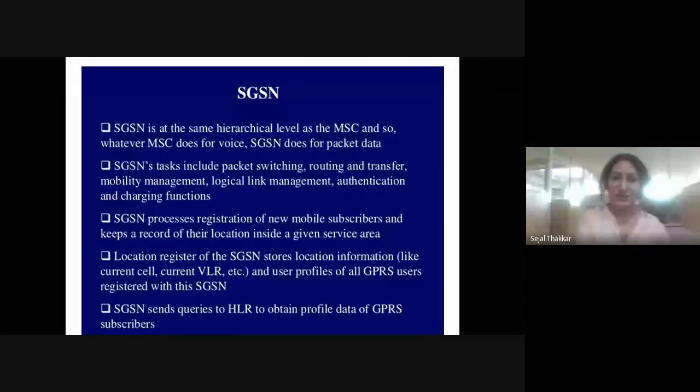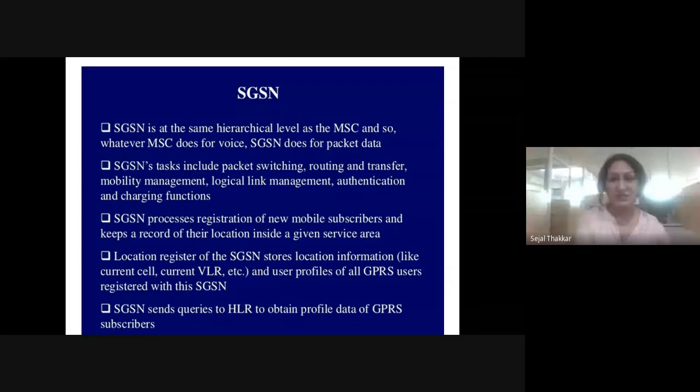Let's see this thing in a proper way. SGSN is at the same hierarchical level as the MSC. Whatever MSC does for voice, SGSN does for packets. As we know, among the functionalities of the MSC, it has the home location register and visitor location register, and it stores information about our current location and our billing information.